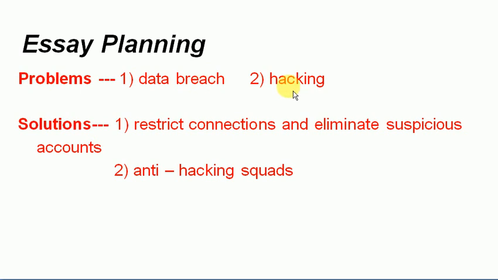And for hacking, actually hacking कोई प्रोफेशनल टर्म प्रोफेशनल्स करते हैं, तो आम लोग हैकिंग से नहीं बच सकते. मतलब if they could do some part, so they can deal with the data breach. But hacking के लिए we can give a solution, like companies could develop anti-hacking squads जो प्रोफेशनल्स हो, जिनको बहुत नॉलेज हो means how to stop the hackers. So they can keep an eye on the activities. If someone is trying to hack, तो वो उनको पता चल सके और वो रोक सके. So anti-hacking squads can be developed to stop hacking. So these are solutions I have presented and the problems.